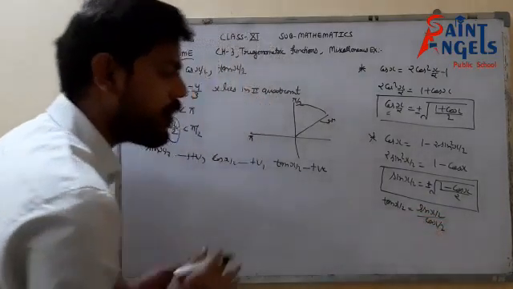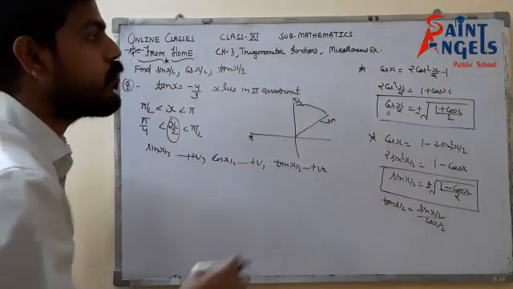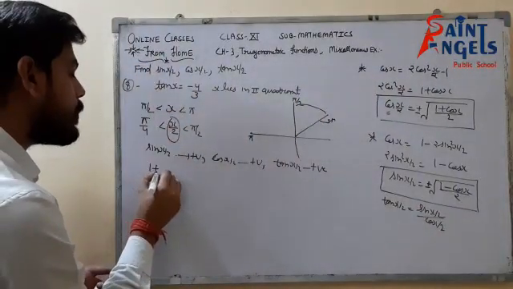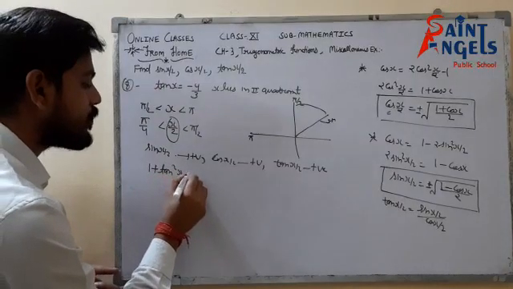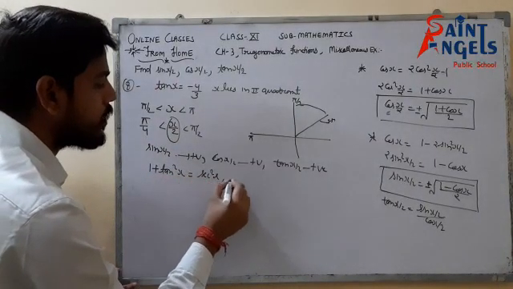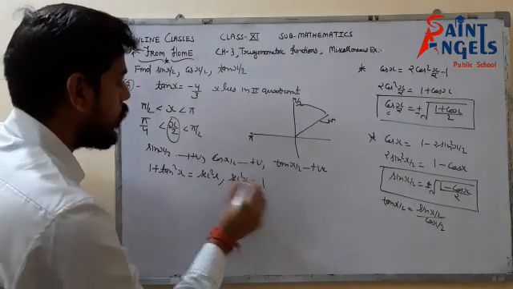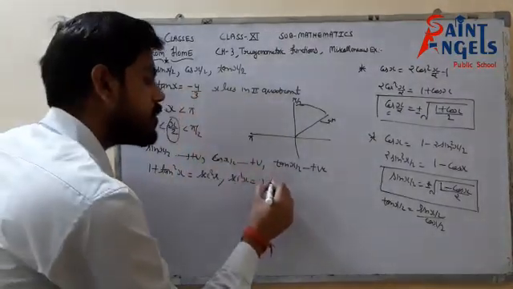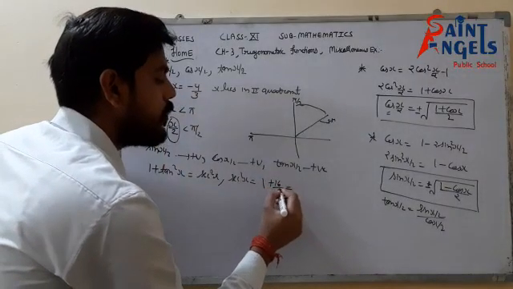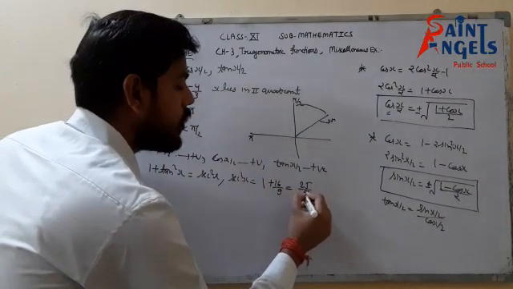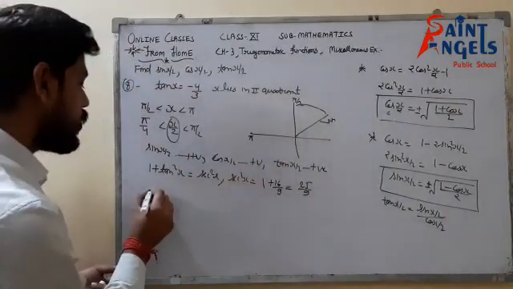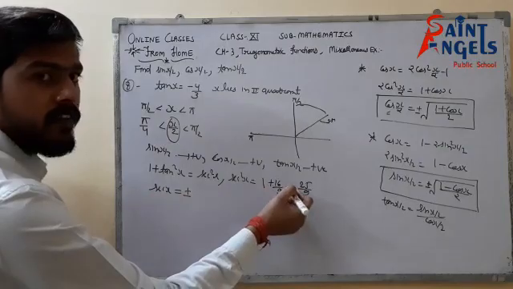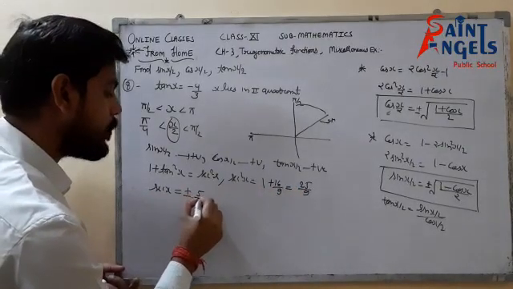So the very first important task for us is to find the value of cos x. Since I have been given the value of tan x, I know that 1 plus tan square x equals sec square x. So sec square x would be 1 plus tan square x, which is 1 plus (minus 4/3) squared, that is 16/9, so that would be 25/9. This is the value of sec square x. So sec x would be plus or minus the square root of 25/9, that is plus or minus 5/3.